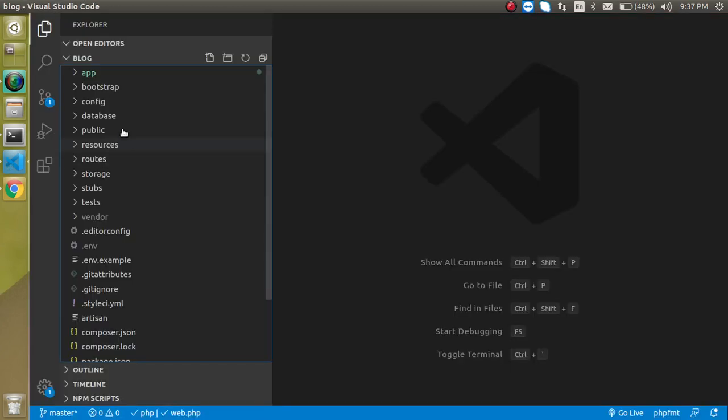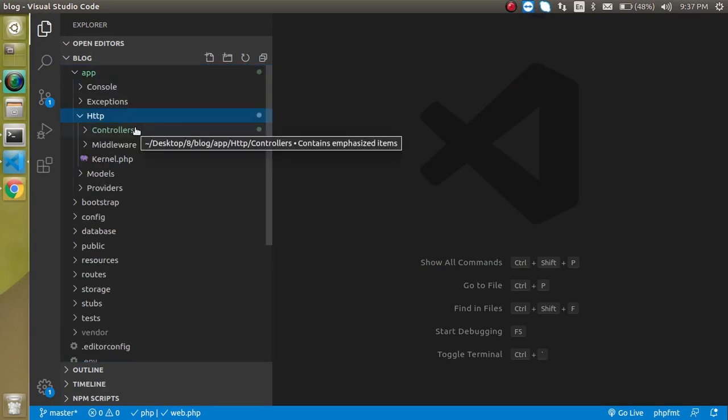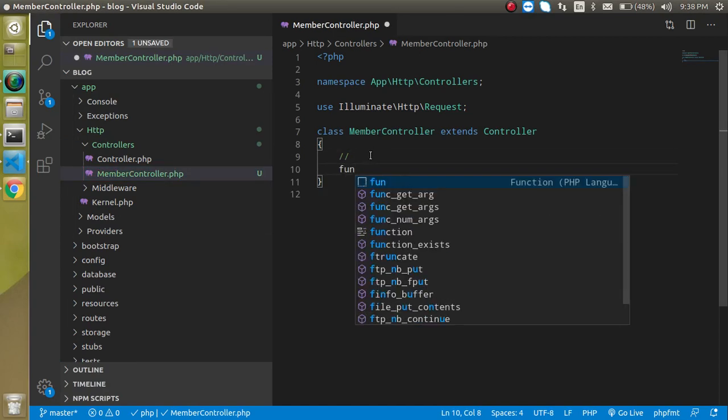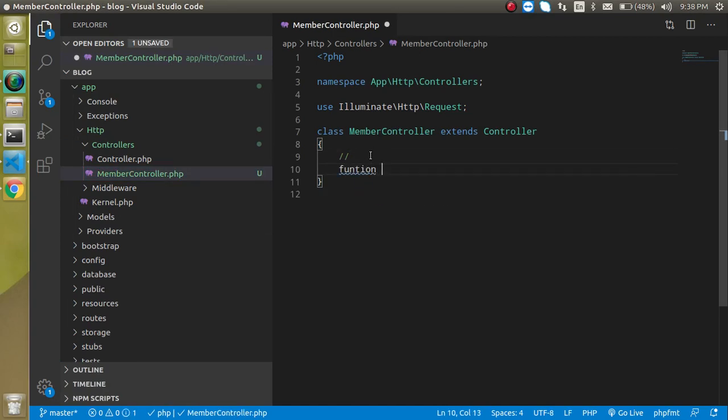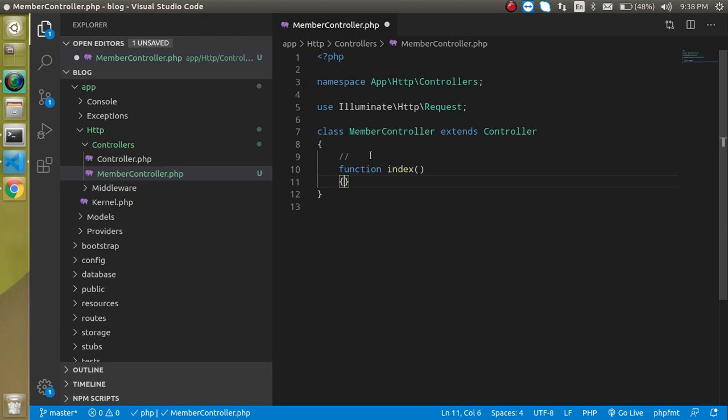Now you can find this controller inside the app, then Http, then Controllers, right? So now let's make a function inside it with the name of index or whatever you want, and return something like code will be here, right?